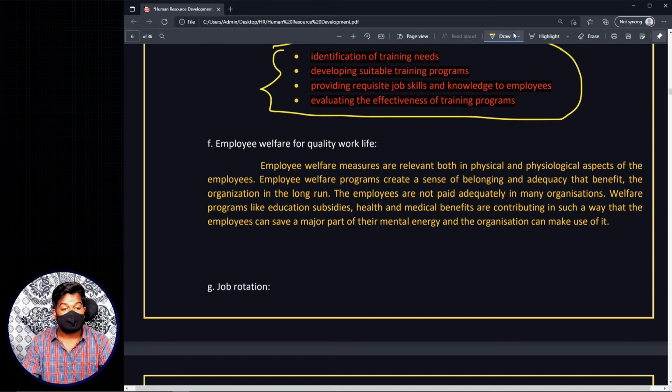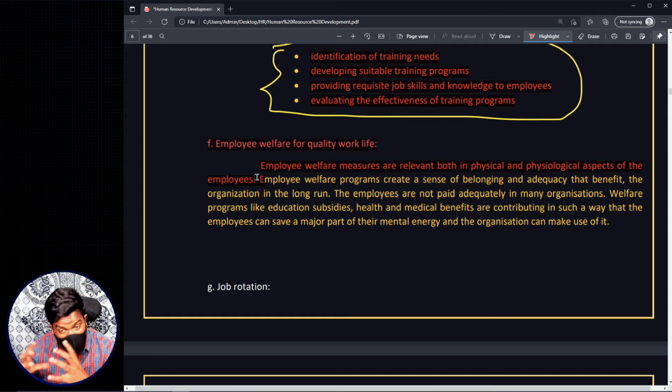Now the next intervention, or the next mechanism, or the next HRD subsystem that we are going to talk about is called employee welfare for quality work life. Simply, we are talking about how organizations can use welfare schemes in order to develop them. See, employee welfare measures are relevant both in physical and psychological aspects of the employees. That means this entire concept of welfare from the organization to the employee